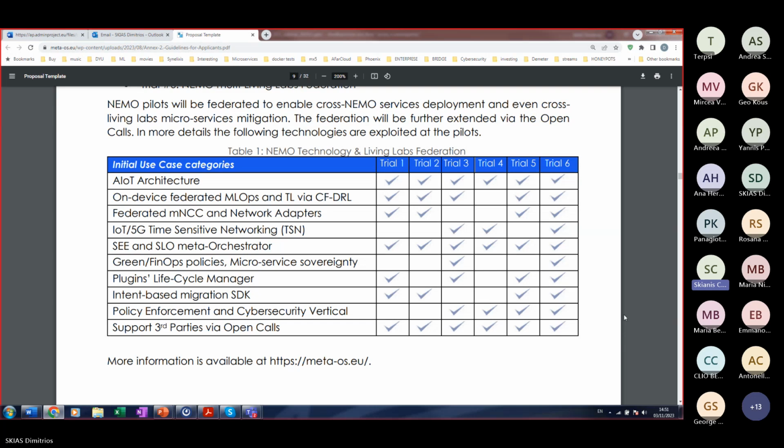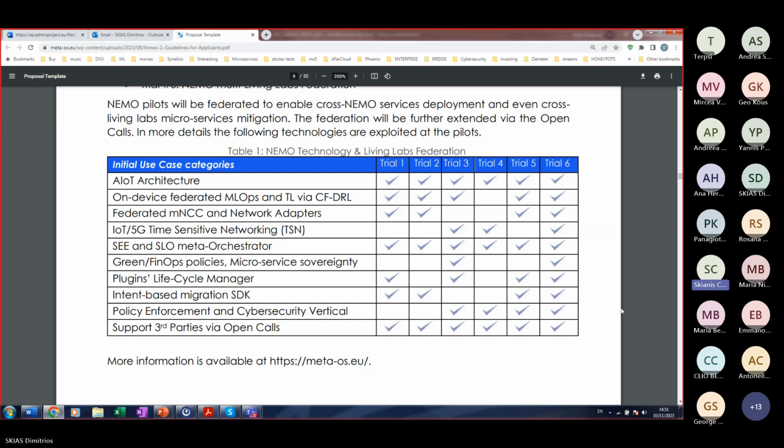So if I am to elaborate a bit on the answer to our colleague's question, based on where you plan to work, you can have a first mapping of the relevant trials. And this could be your first point of contact.